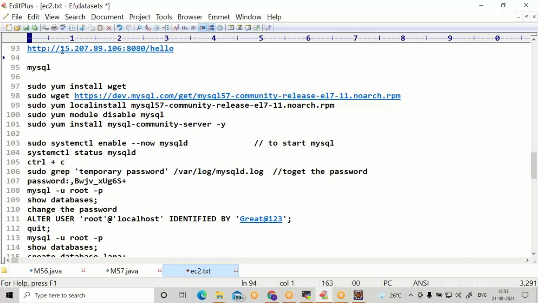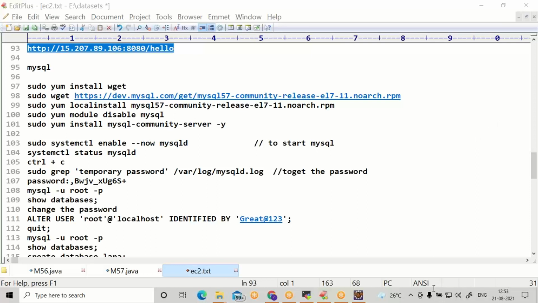This is the IP address of my EC2 instance. Whichever service is running at 8080, inside that service, hello is the URL to the GET mapping of one REST API. You can take this URL and call it from your systems also.